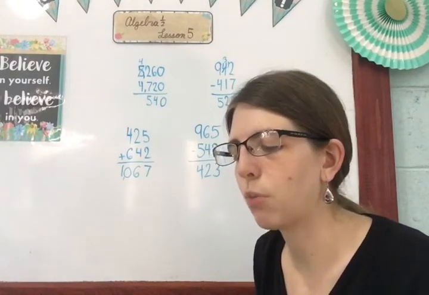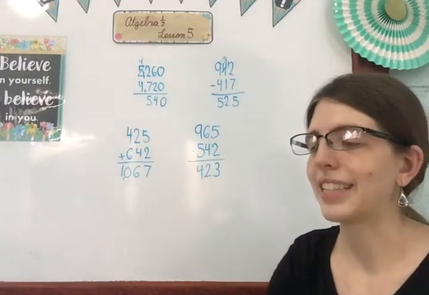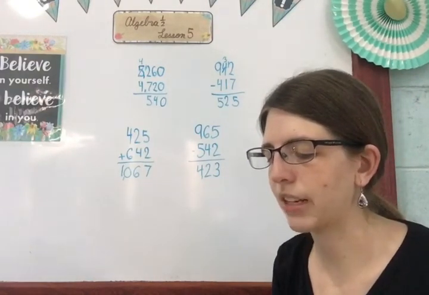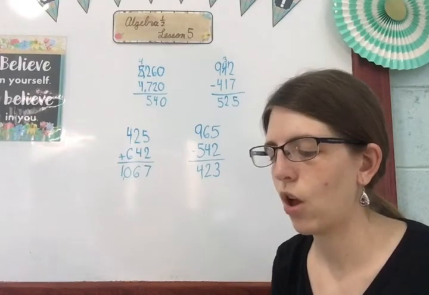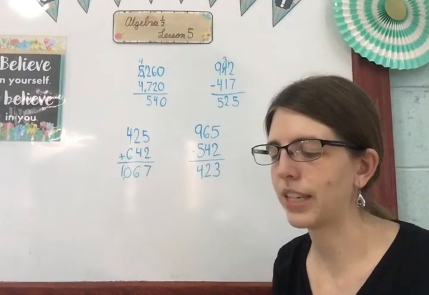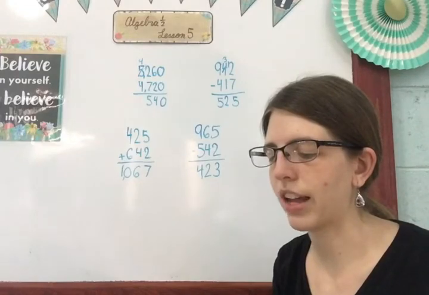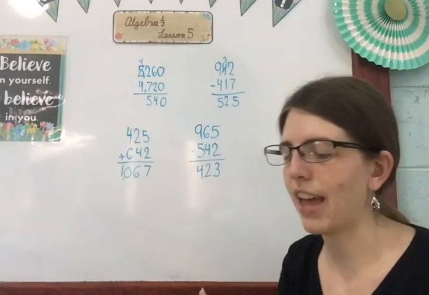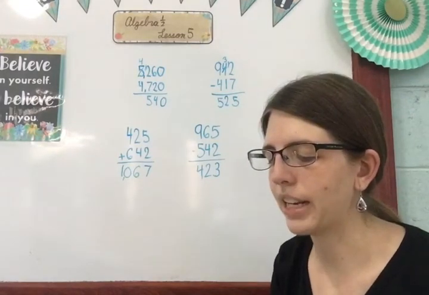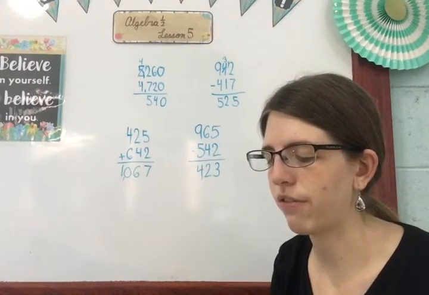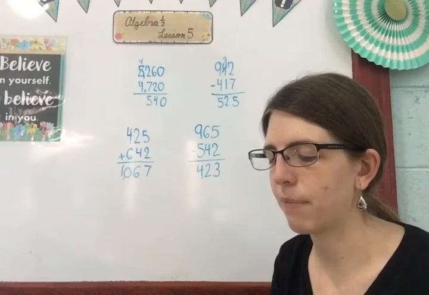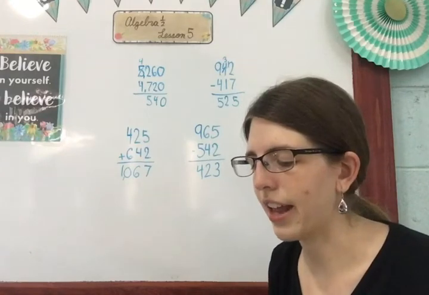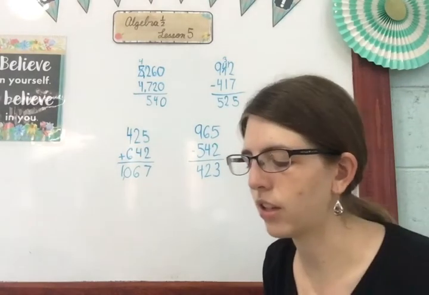Letter B says, Rita had 9,035 items in her basement. Then she found some more items. Now she has 10,081 items. How many items did she find? Well, the total items is 10,081. She started with 9,035. So if I subtract 10,081 minus 9,035, I'm going to get my answer. So she added to her amount of items